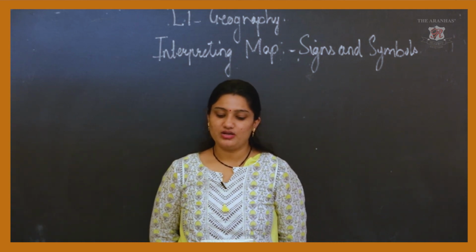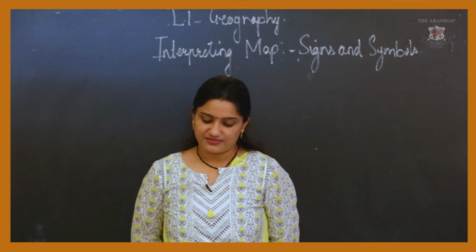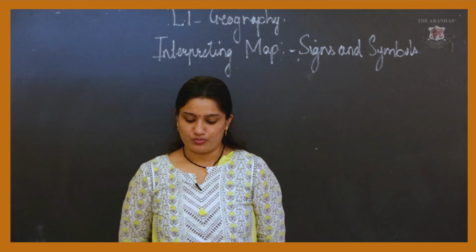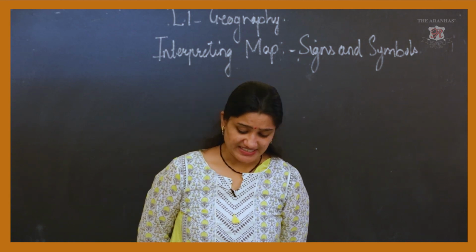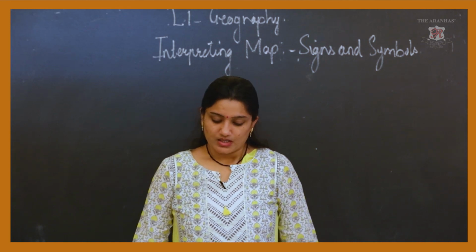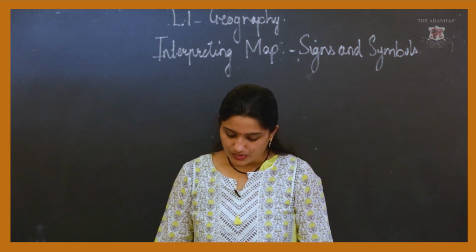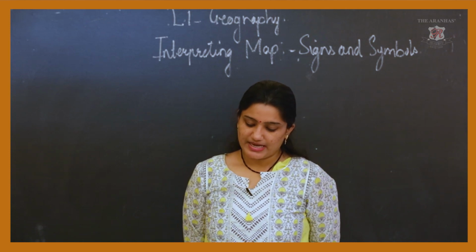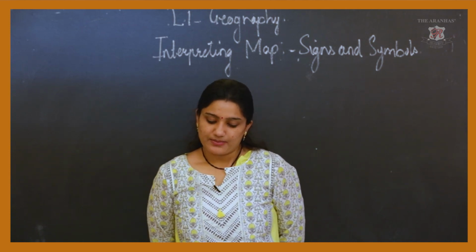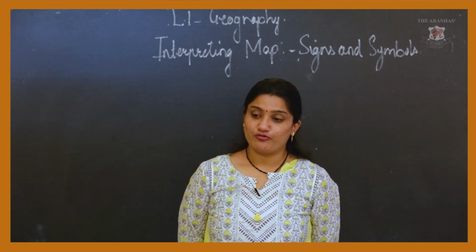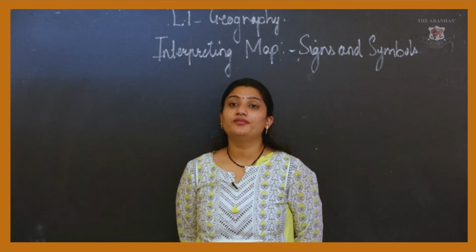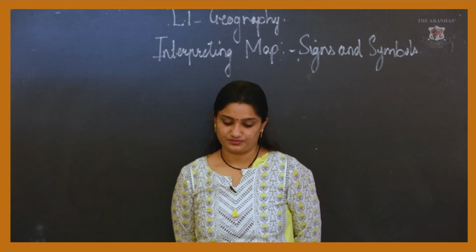Now we will come to know about features and their description. International boundaries. You might have seen bold dashes and dot symbols forming the borders of different countries. These are known as international boundaries. State boundary. State boundary demarcates two or more states within a country. District boundaries are borders within a state.